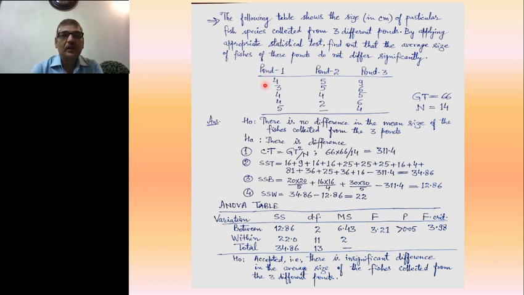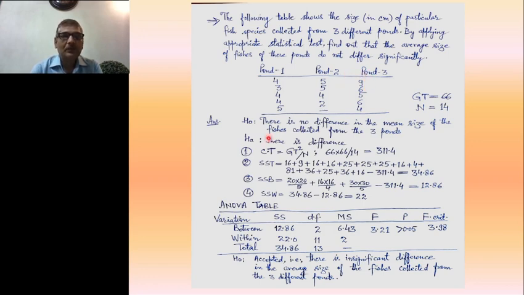What is shown here is that a particular species of fish has been collected from three different ponds: pond 1, pond 2 and pond 3. These are three different ponds located in different areas. From these three ponds, a specific species of fishes was collected, and their size is given. So what is our purpose? Our purpose is to find whether fishes coming from three different ponds differ in their size.